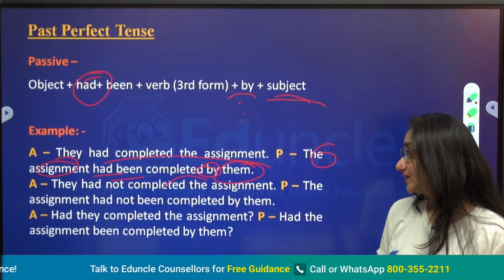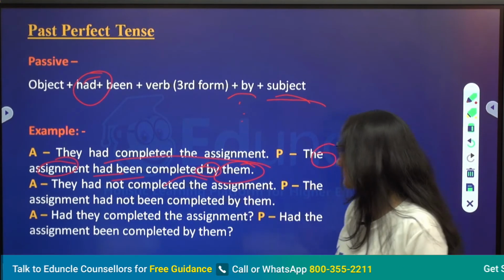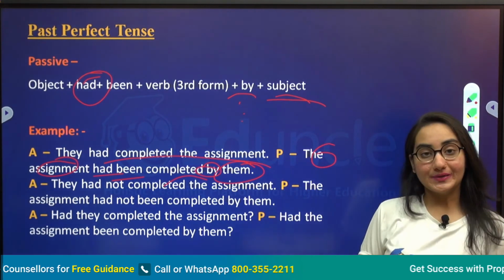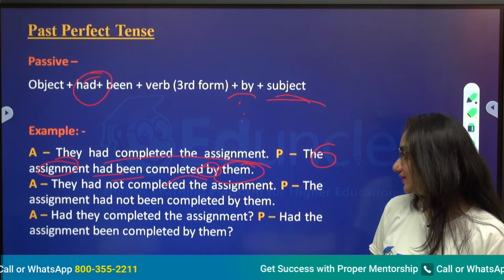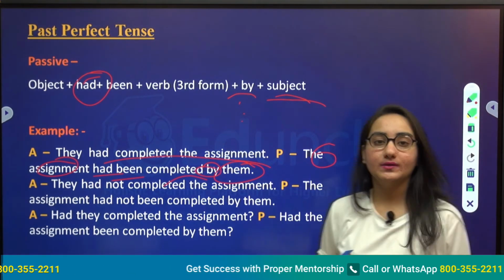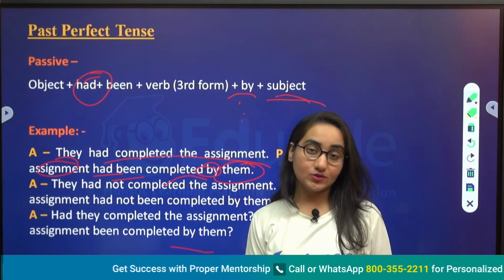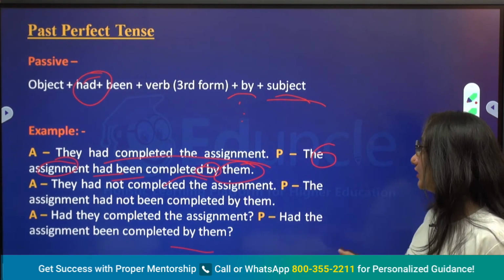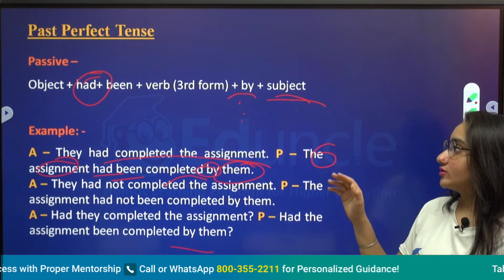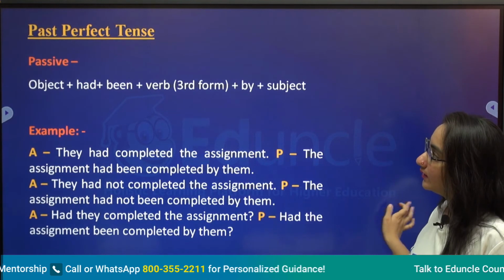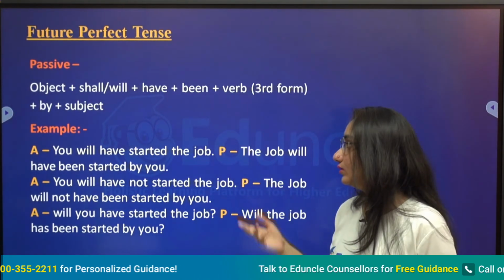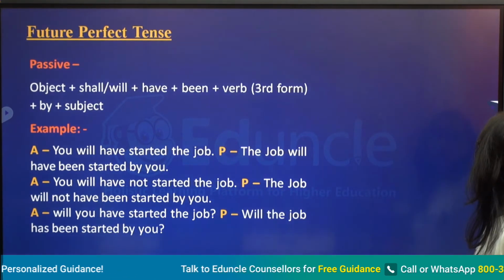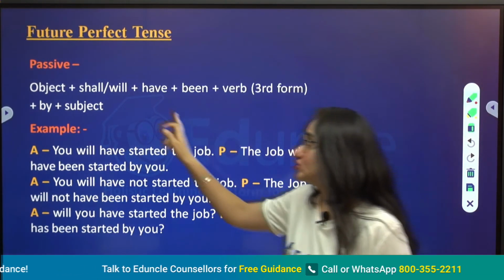And if I talk about the negative sentence, they had not completed the assignment becomes: the assignment had not been completed by them. And then the interrogative sentence, had they completed the assignment? Had the assignment been completed by them? So this is the method we convert a sentence of the past perfect tense into passive voice. And now if I talk about the future perfect tense, the rule says object plus